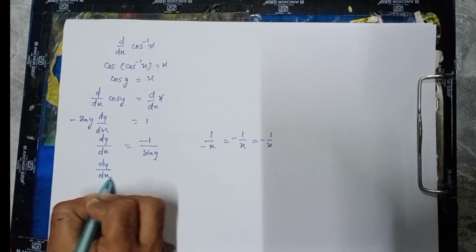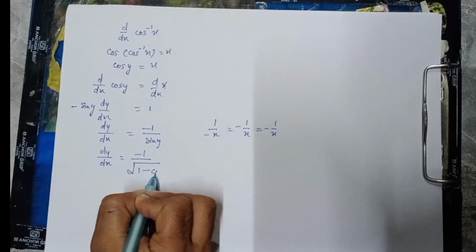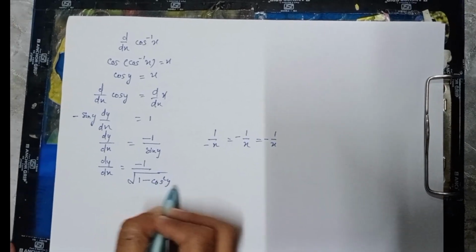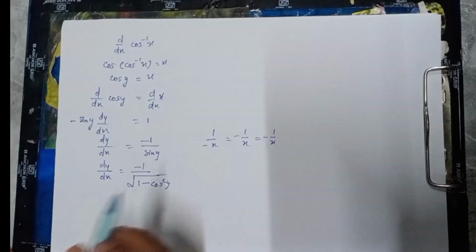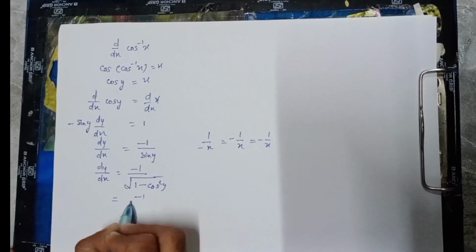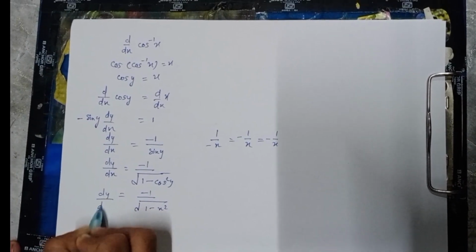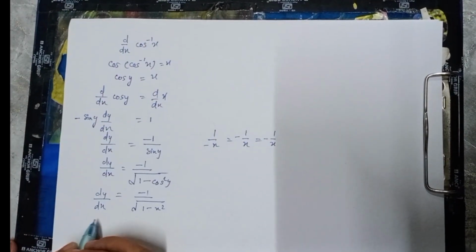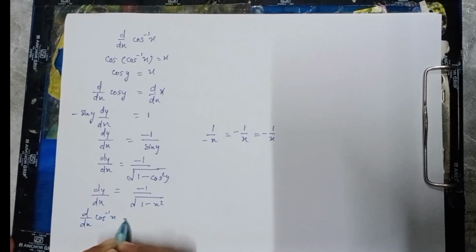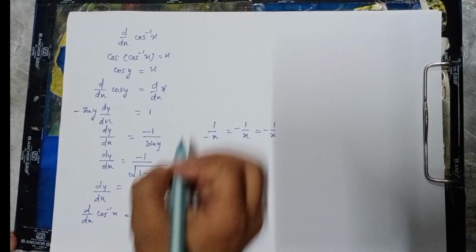Again we'll replace this sin y by under root 1 minus cos square y, because sin y is equal to root of 1 minus cos square y, and I have already told you that cos y is equal to x. So cos square y will be x squared, so 1 minus x squared. So it will be the differentiation of cos inverse x. Now we can write d by dx of cos inverse x is equal to minus 1 upon root 1 minus